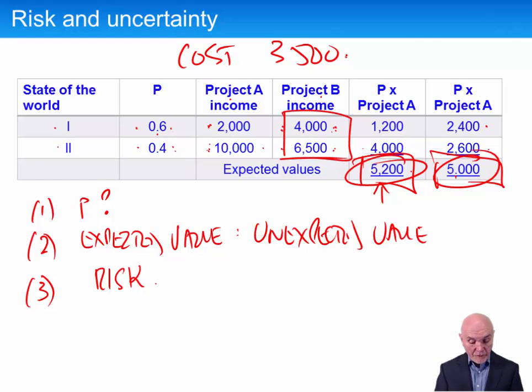However, with project A, we could invest 3,500 and only get 2,000. There's a loss going on there of 1,500, which could actually be fatal to the company. So here we have really the project with a higher expected value has also got a higher risk, a higher range there, 2,000 up to 10,000. It's a very large range of outcomes, and the lower one's very serious.